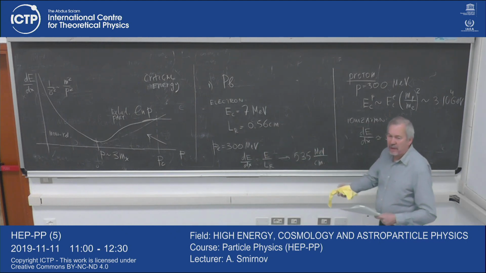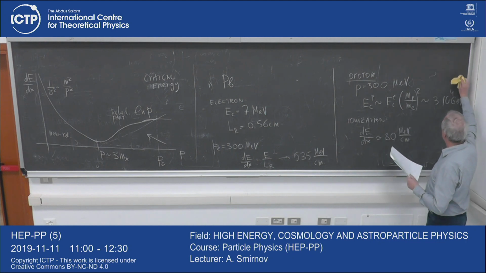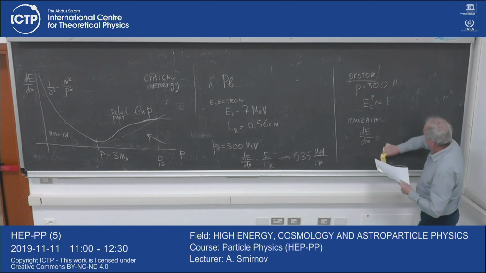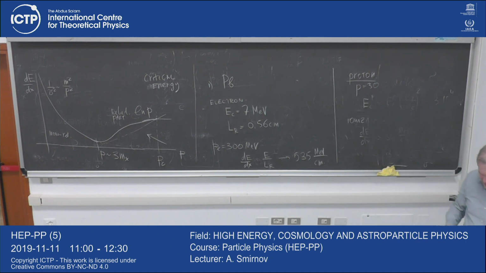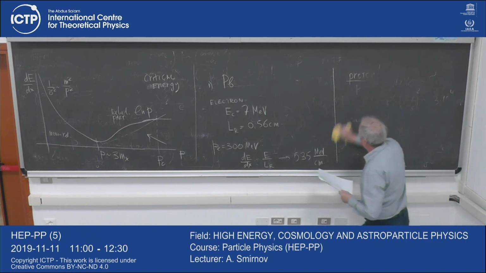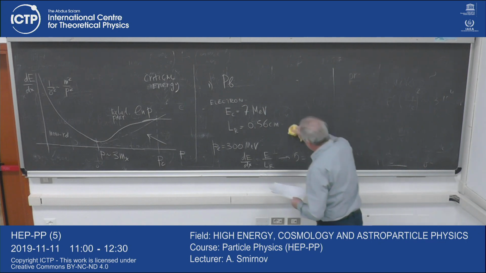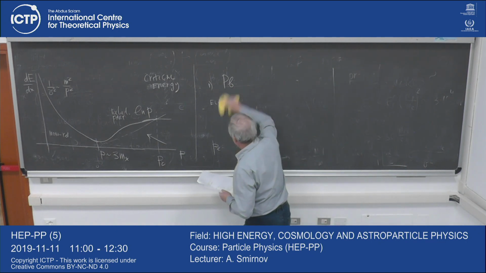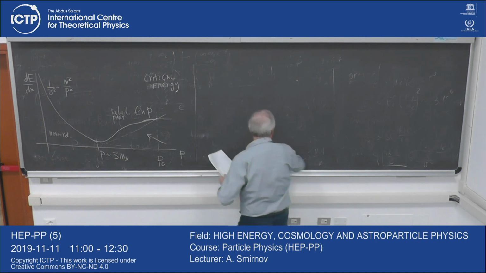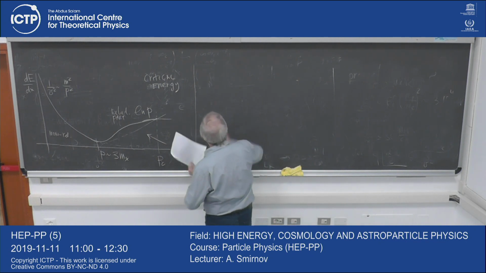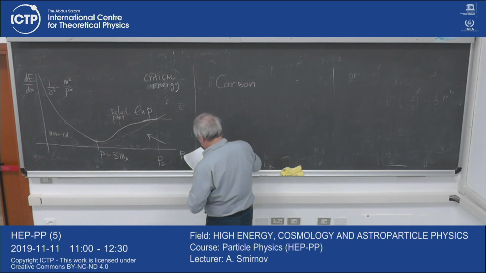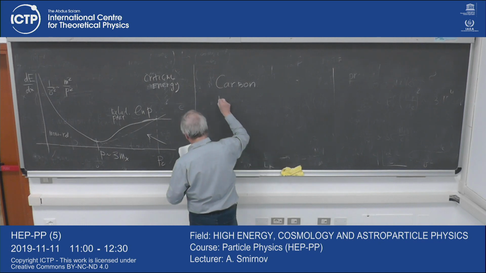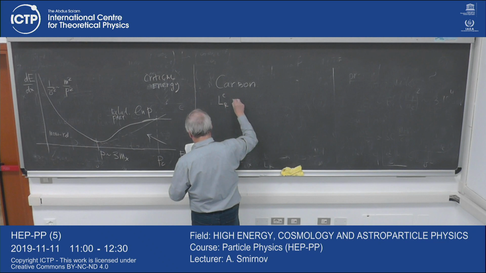Let me make a summary of properties of these two mechanisms of energy loss. Probably I will give you another example when we have not a heavy medium, like the lead here, but a light medium, like carbon. We have the following. The radiation length for electron is